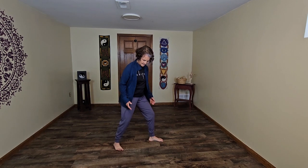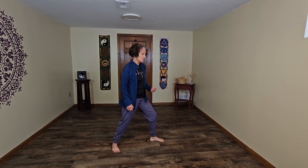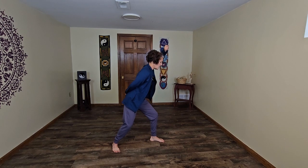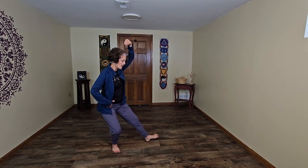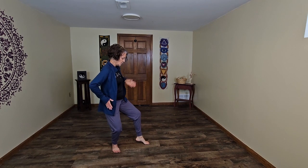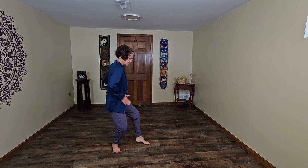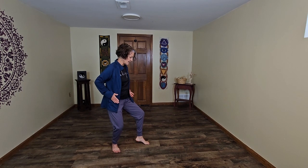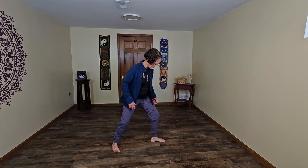If you're already at a 45 in the back because you've modified this posture to work for you, which I encourage, as always, then what's going to happen is you're simply going to let the string draw you forward. We fold into the left quad, sink you into the right quad, and then turn and rise you, and ball of foot touches down. Notice that my hips are not completely squared forward. That would put a lot of pressure on my back knee. They're kind of going out to the angle a bit. Okay, again,